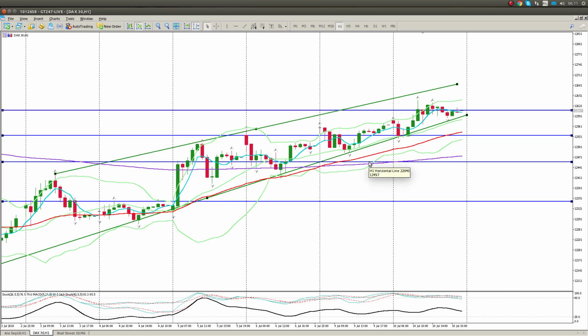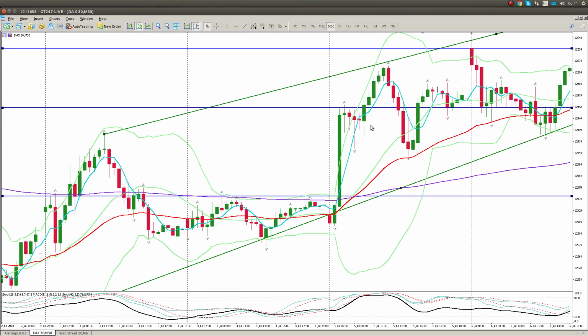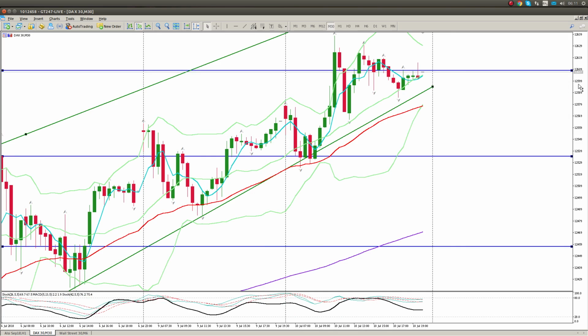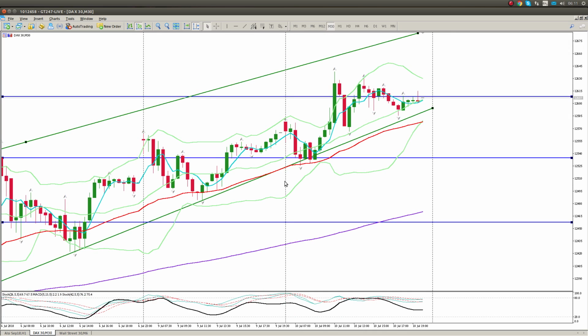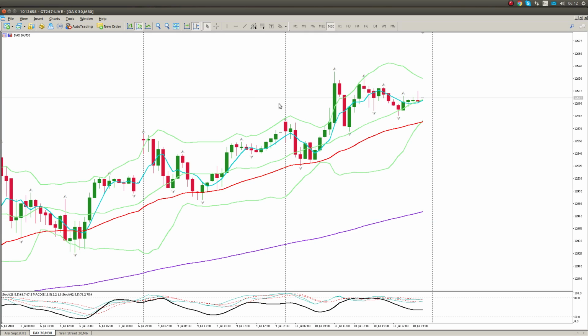Anyway, I think what I'd like to show you just in close is, on the Aussie and the Dow, I use a strategy which is the open range break strategy. So let me just get rid of all the noise. The closing range break strategy. Basically, the last hour of trading is your range. But with the DAX, because we've got after hours data, in my eyes it's after hours data because the